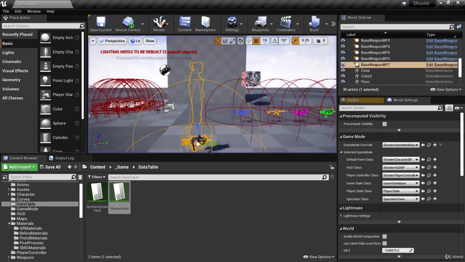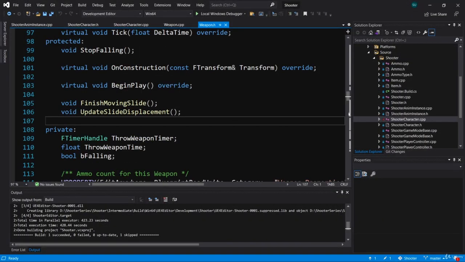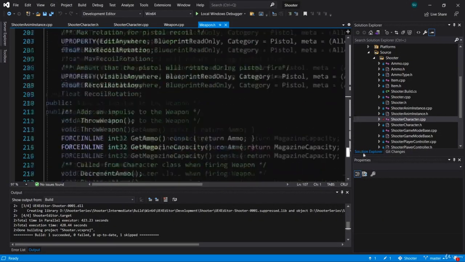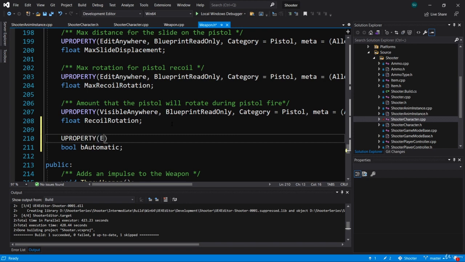Let's go back into our weapon class here in weapon.h and create a private variable. It's going to be a boolean, and we're going to call this bAutomatic. Let's make this a UPROPERTY. We'll make it EditAnywhere, BlueprintReadWrite,